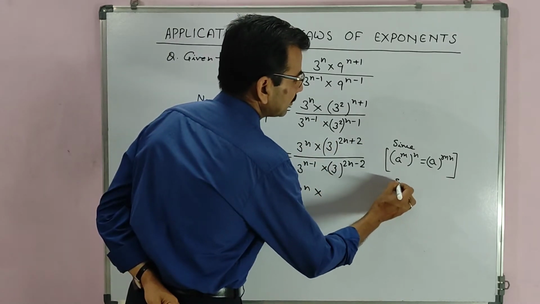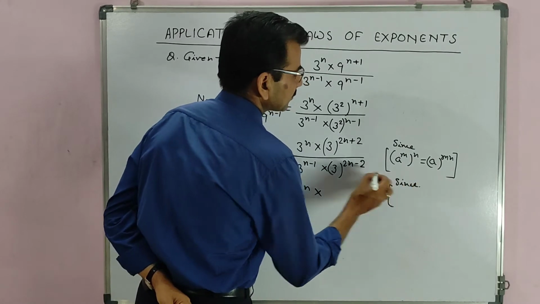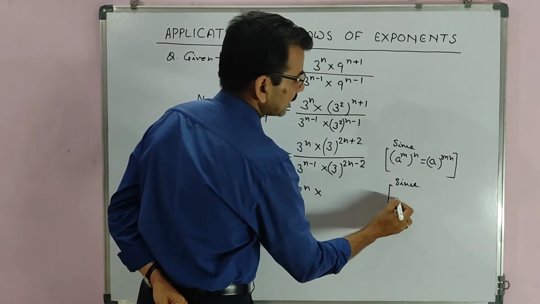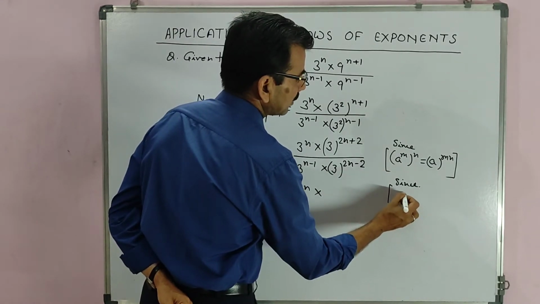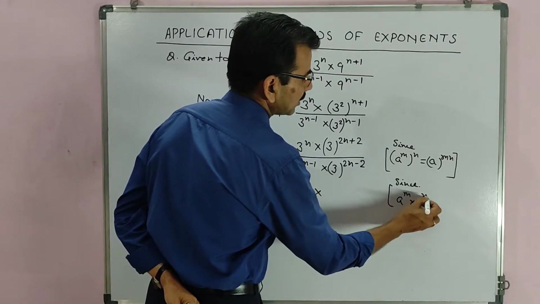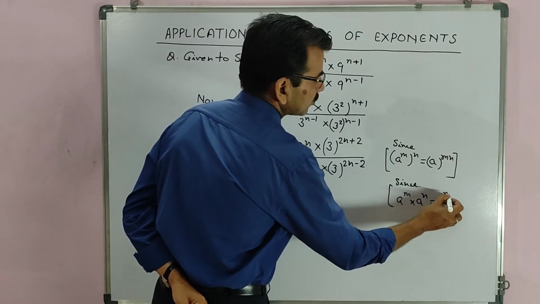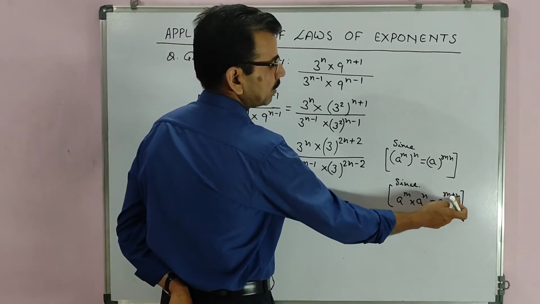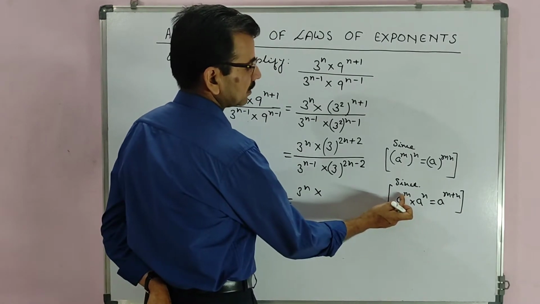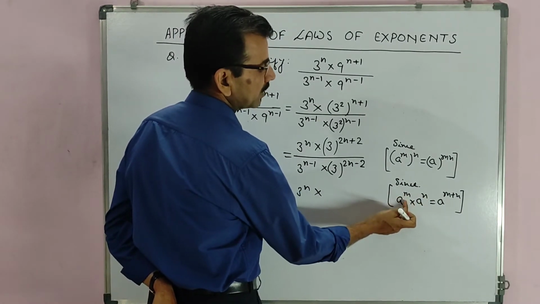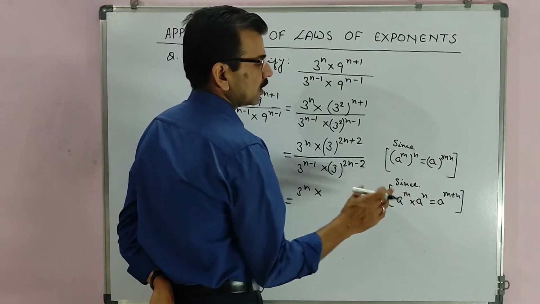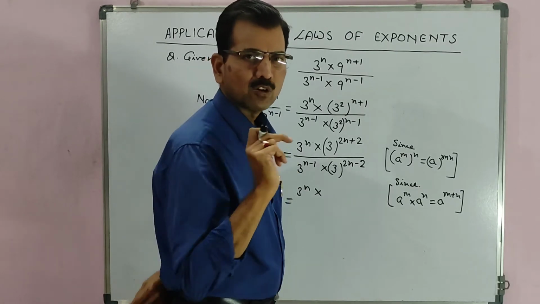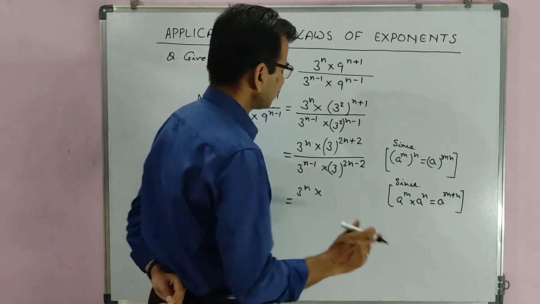So this law again we write here, since it is laws of exponent and applications we are seeing. We can write a raised to power m into a raised to power n is equal to a raised to power m plus n. If it is combined here, power is added, then we can write them separately in the form a raised to power m into a raised to power n. Laws means we can go from LHS to RHS or from RHS to LHS. I hope this is clear to you.